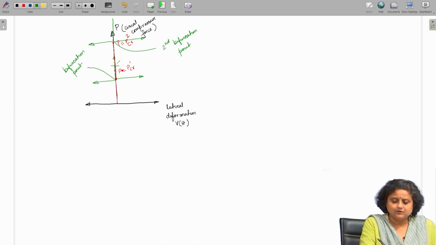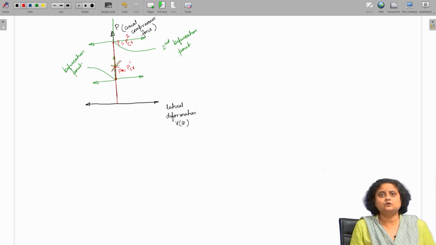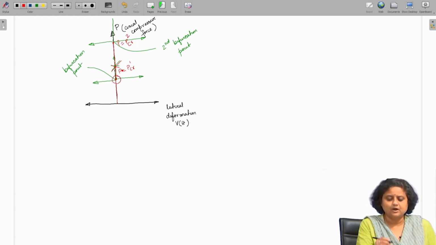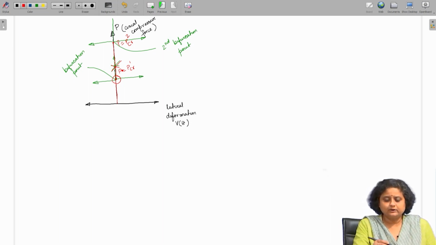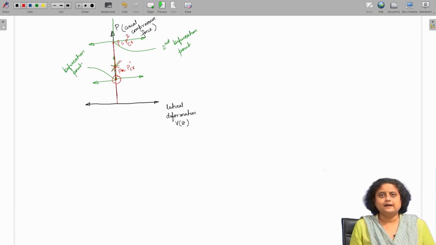But this scenario rarely happens, that it is not going to deform, and there is lots of uncertainty at this bifurcation point. We really cannot say beforehand that it is not going to deform at the bifurcation point. Therefore, we will not even target to go beyond P critical 1, and we will design so that the load acting on the column should not cross P critical 1, to avoid all the uncertainty